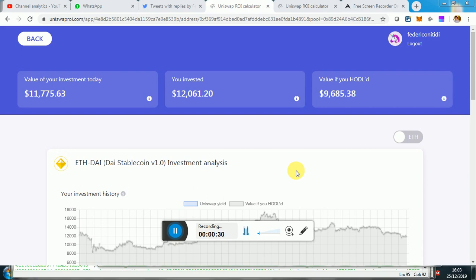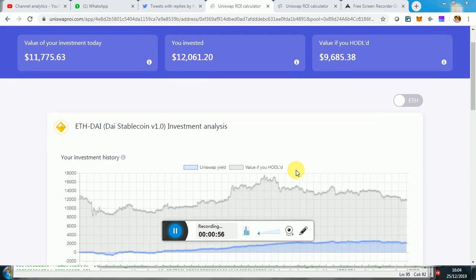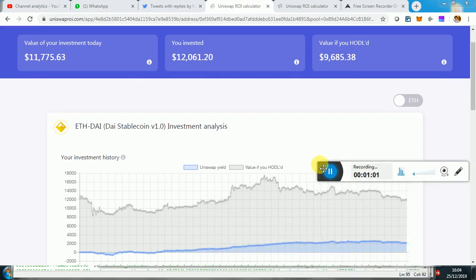Only a few days ago, Uniswap tweeted that there were about $1 million worth of fees that were just reached as a milestone that have been produced by Uniswap. So that's more or less the overall amount. But I thought it was interesting to zoom into a few concrete examples and show you what the overall yield has been. So to do this, first we are using Uniswap.com, which is a tool to evaluate the return